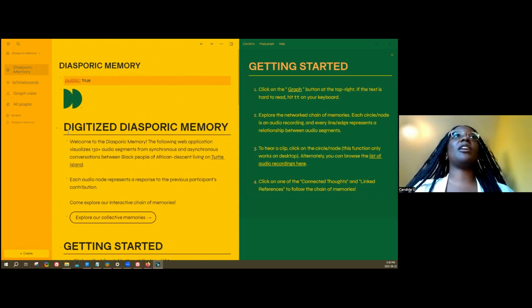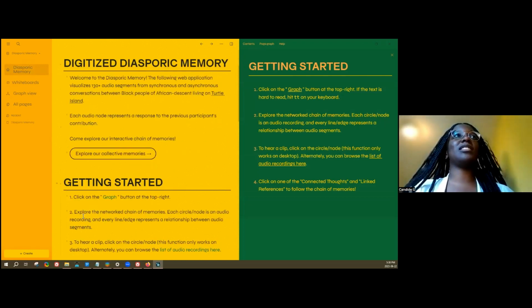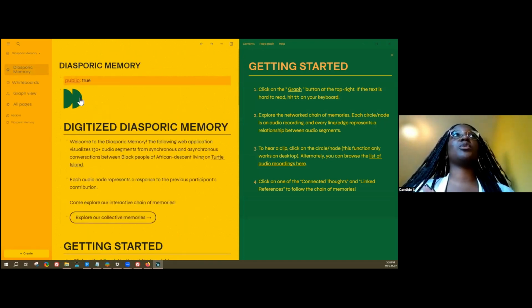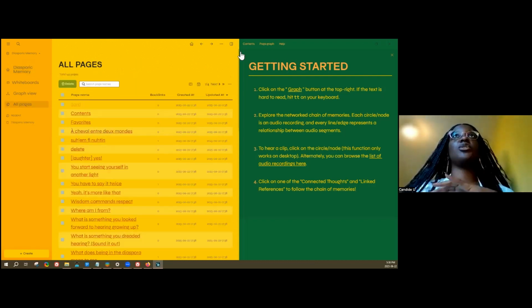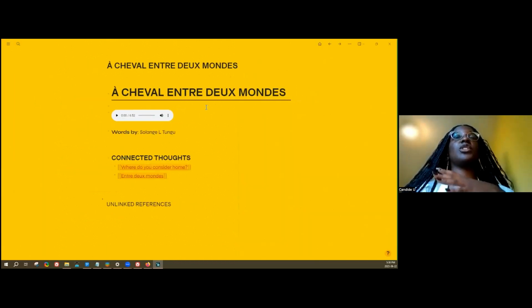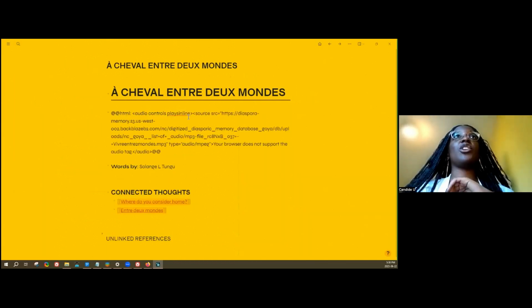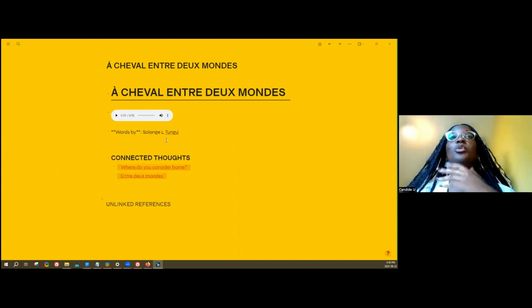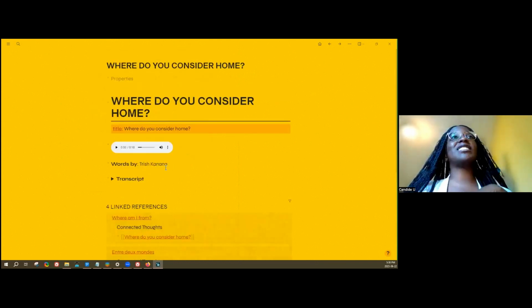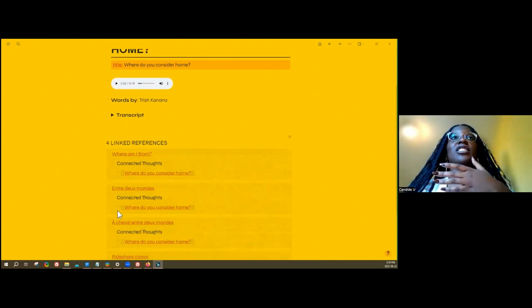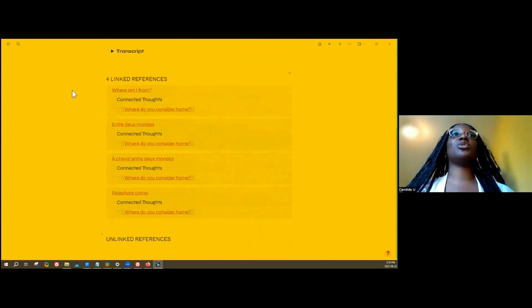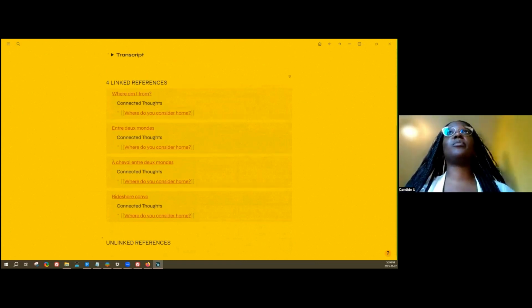As you can see, there are a lot of elements here that are hidden on the website side, but this is essentially what I used to create my project. Every page that had audio is just a regular page with audio references, who said it, and links to the connected audio segments. I leveraged Logseq's linking abilities so that people could navigate between different audio segments.